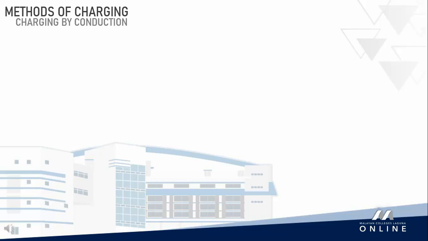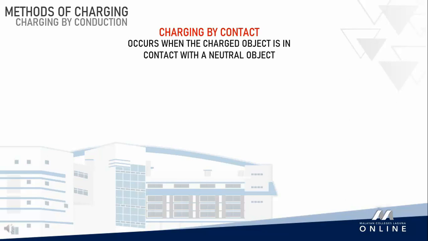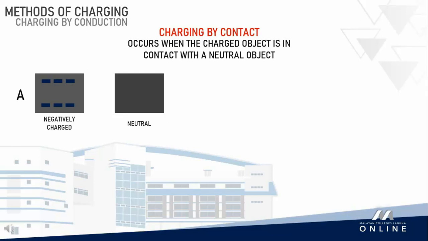The next method we will talk about is charging by conduction, also known as charging by contact. This occurs when a charged object is in contact with a neutral object. Let us illustrate this. Here, I have two objects. One is negatively charged and one is neutral. When we move the two